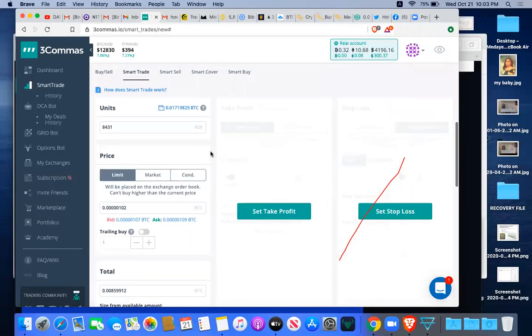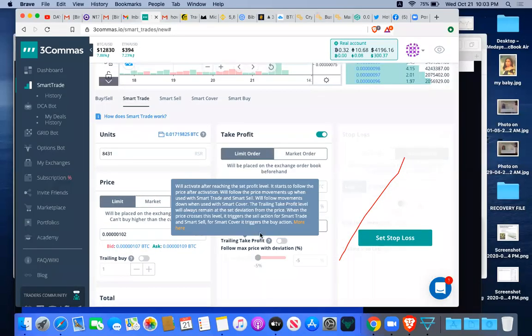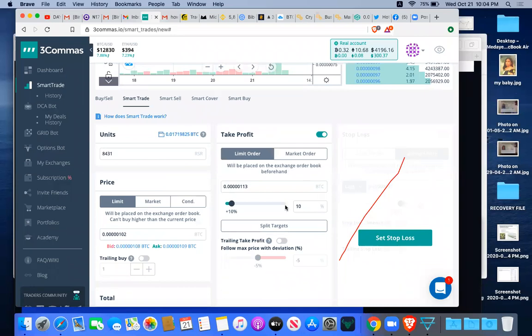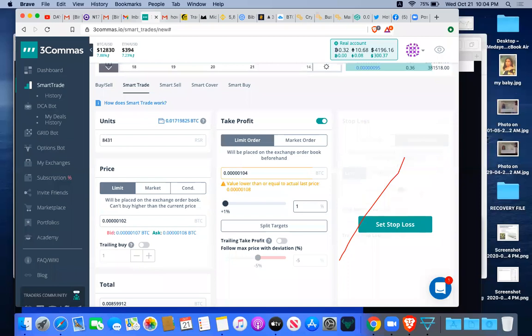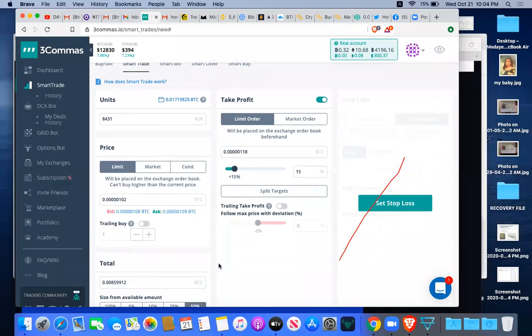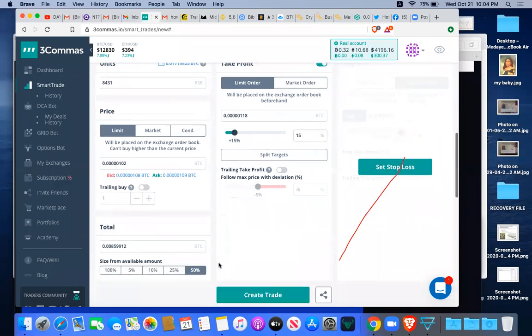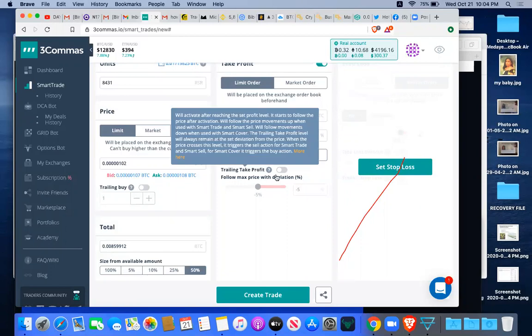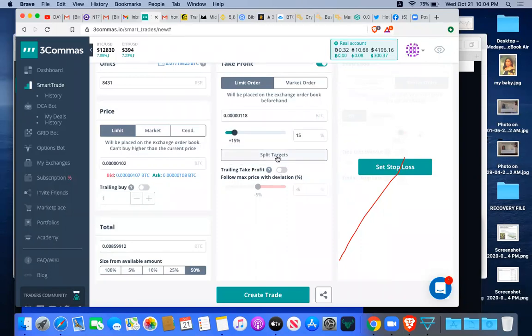Now, you come to this take profit, you click it, okay, now take profits at what rate? It already showed me that at 10% it will be 113. I say no, I want it to be at 15%. So at 15%, it will be 118 Satoshi. Okay? Do I want to take profit at this? Yes. Okay. Now I want to take profit at this, but I can add up, or you can do trailing, just like I told us. So you can split into 2 or 3.